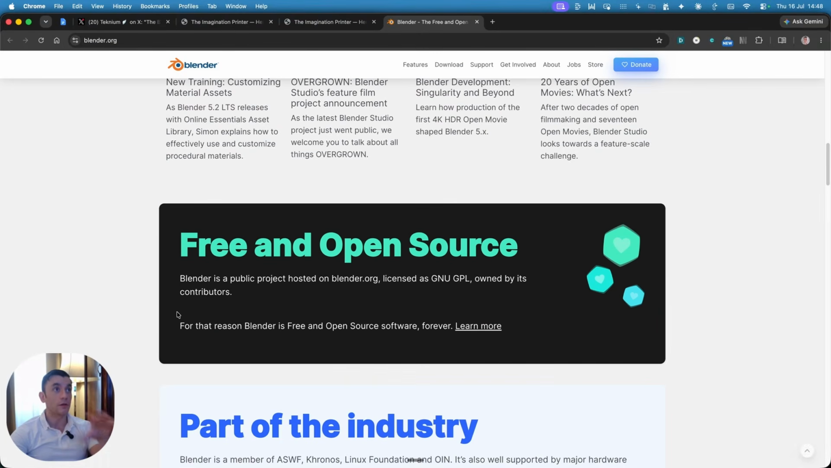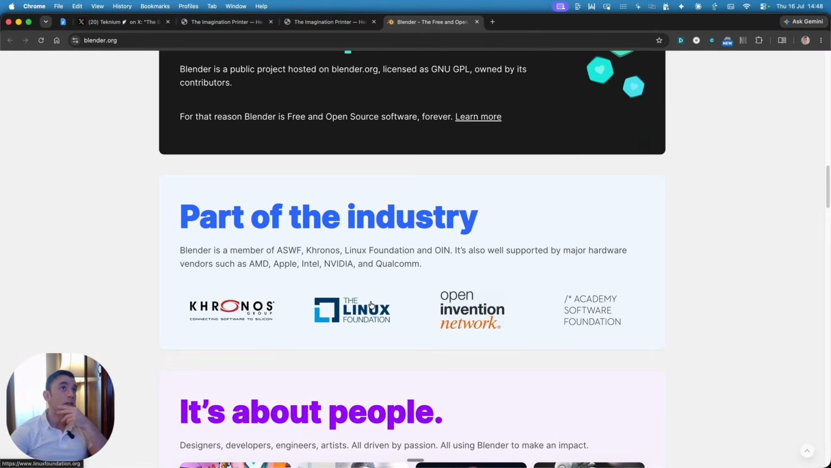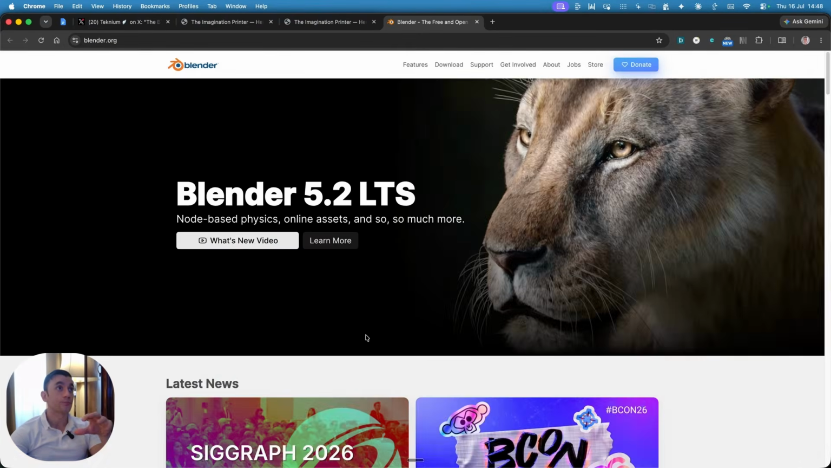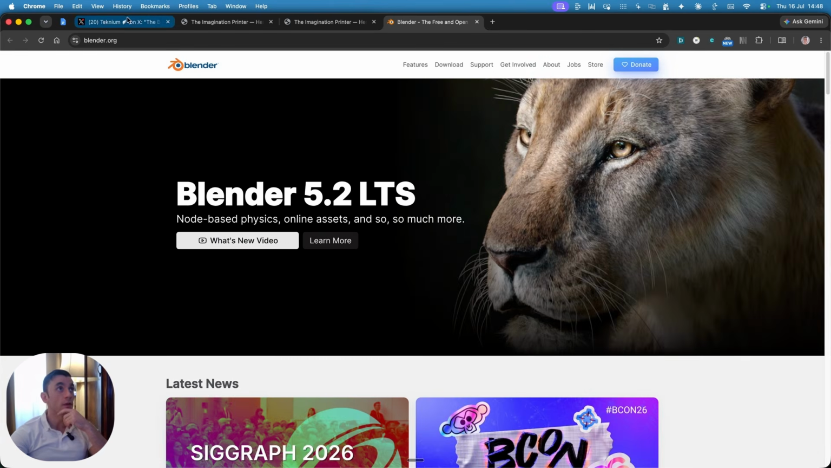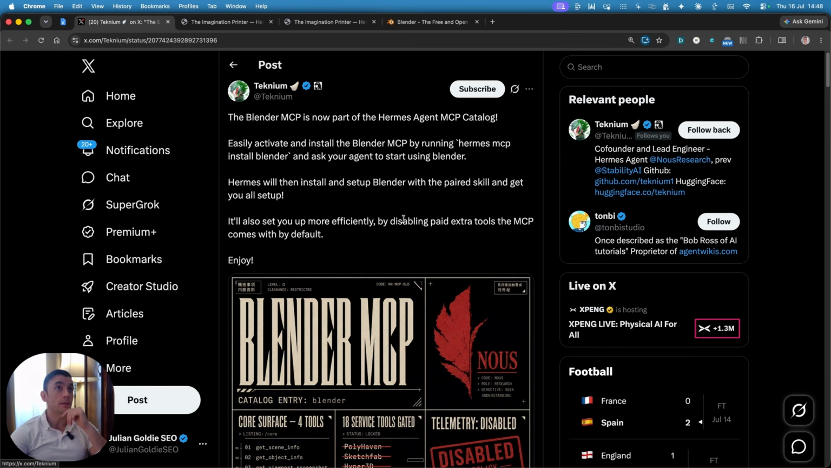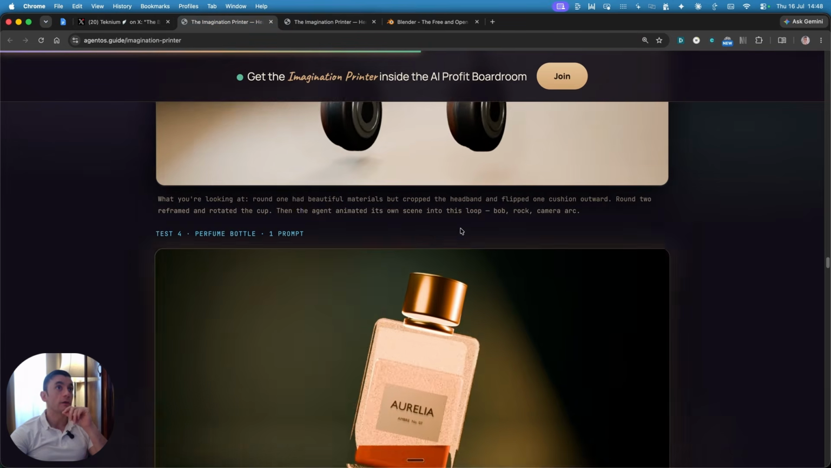So it's free. It's open source. Blender is basically a really powerful way to generate node-based physics and all sorts of cool stuff, right? And now you can control it with Hermes MCP. So how does this work step by step? Well,